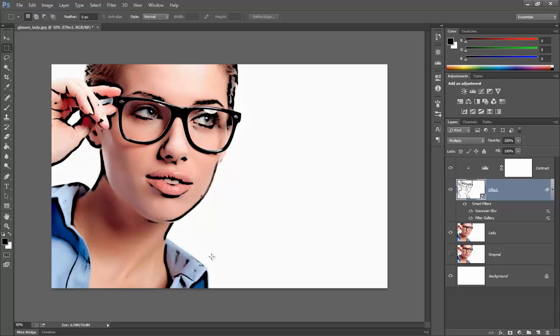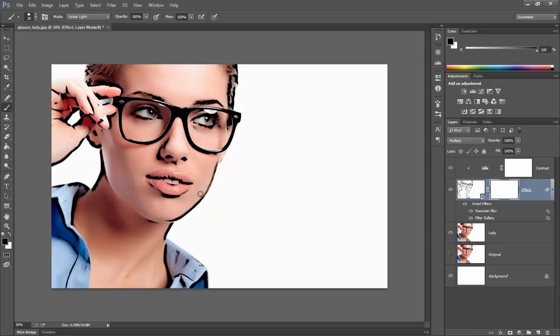The next thing I need to do is tidy up some of the black blemishes we have in our line art layer here. For example, this bit here and this bit under the eye and so on and so forth. So we're just going to add a mask to this layer. Press the mask icon here, and then choose the brush tool, ensure you've got black selected,